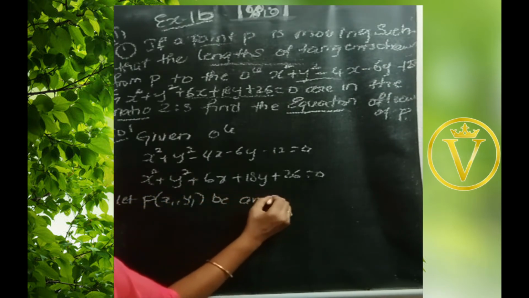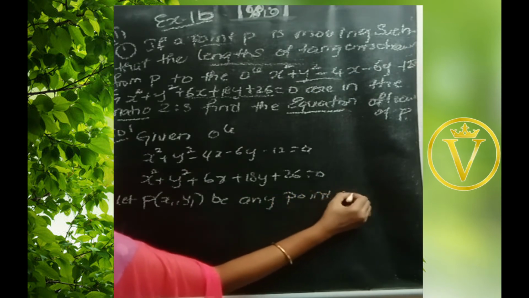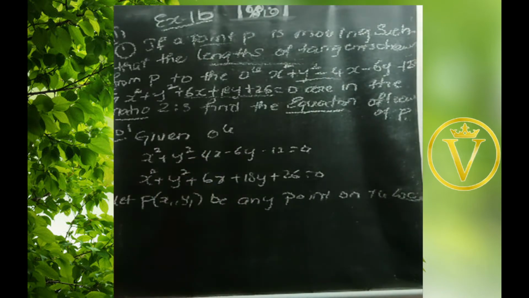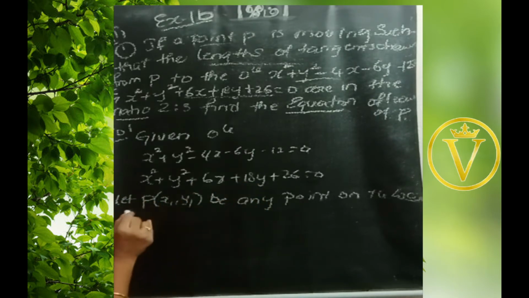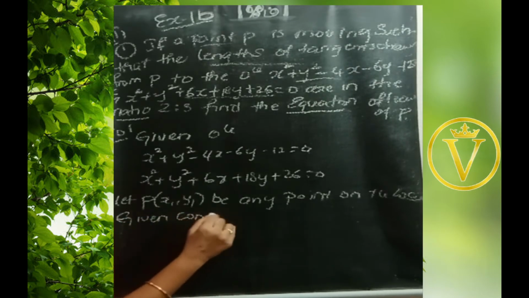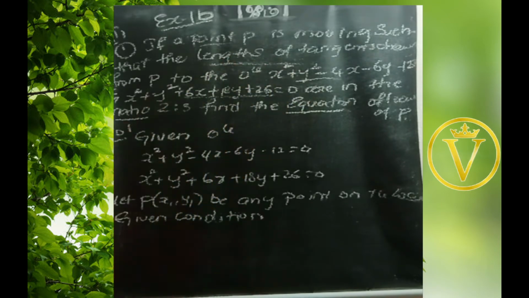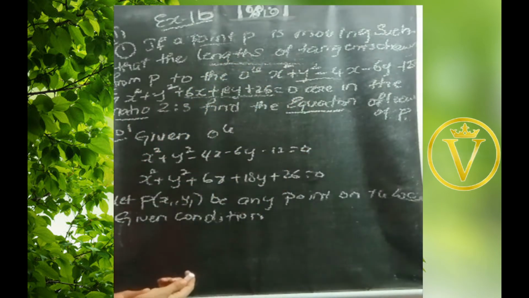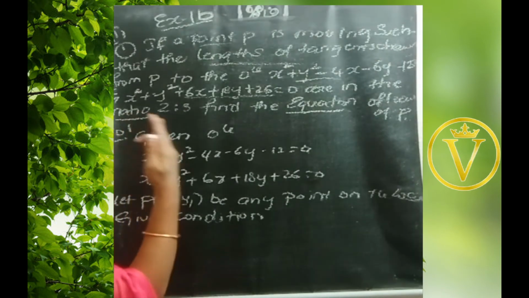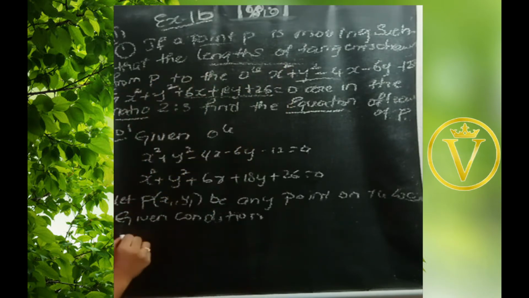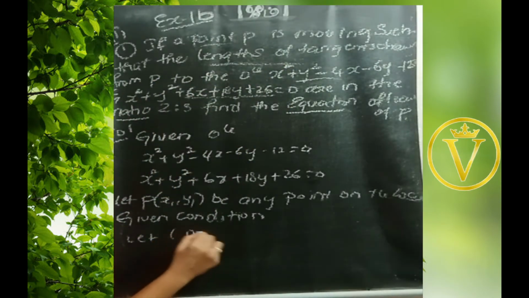So we have to find the equation of the point on the locus. Locus is one of the chapters we'll discuss later. In the earlier questions we discussed the position of a point. Here it is the locus. What is the given condition? They gave one condition, right? The lengths of tangents are drawn, and the length of a tangent is nothing but root S11. So they have given two circles through which the lengths of the tangents are drawn. So let the length of tangent